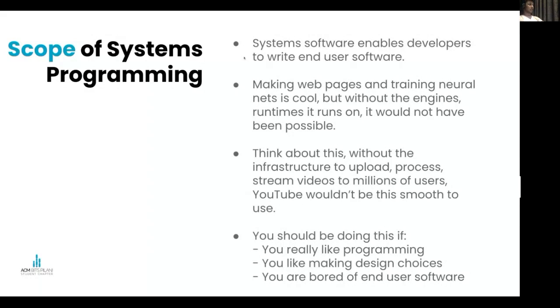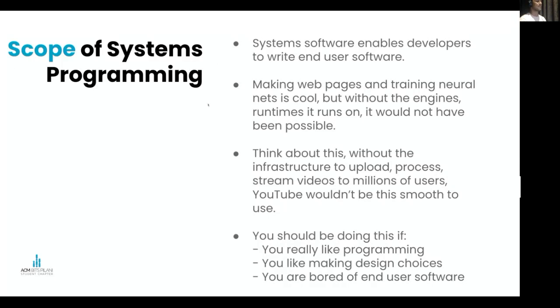There's a lot of things that need to happen with the video to be able to stream it to millions of people, and that too without interruption, very smoothly. A few things that need to be done are converting the video, making it smaller in size, being able to stream it to thousands of millions of users concurrently. So these things are part of the systems that YouTube is running behind the scenes, the stuff you don't get to see.